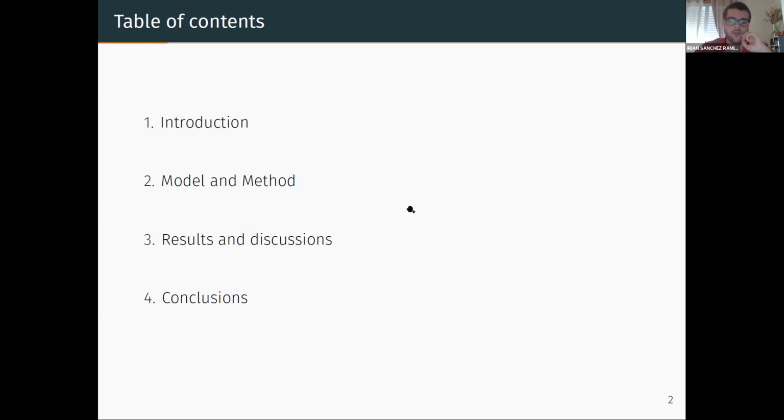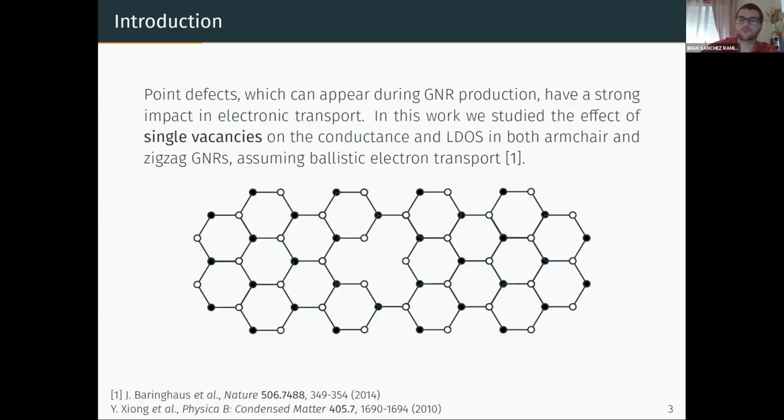Then I will make a brief summary of the results and observations and put it as a conclusion. So what's the aim of this work? The aim of this work is mainly to gain a deeper understanding of electronic transport in graphene nanoribbons, in order to, in the near future, apply them to developing new graphene-based technologies. With this in mind, and since we know that point defects are likely to appear during the production of graphene nanoribbons, and that they can have an impact on the electronic transport properties,